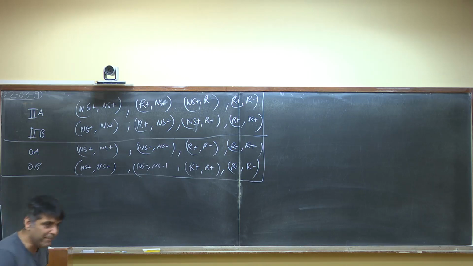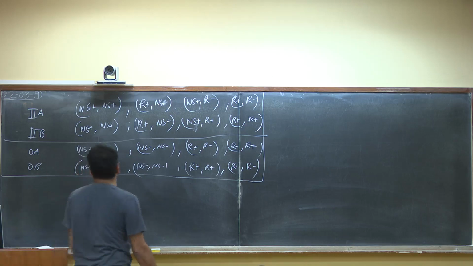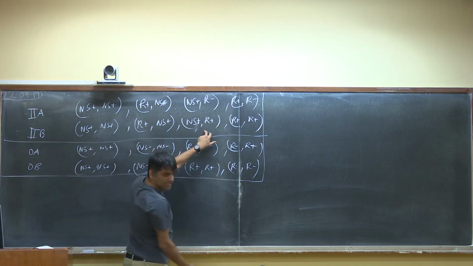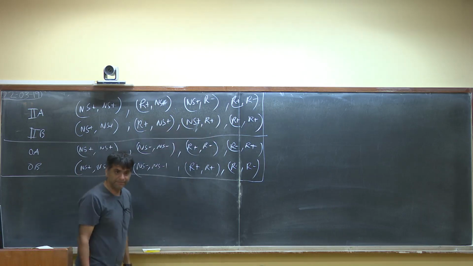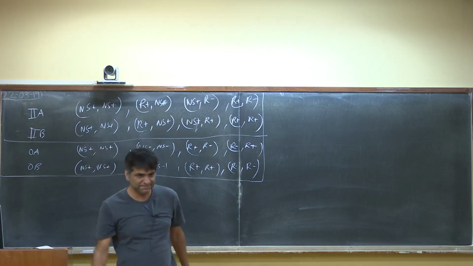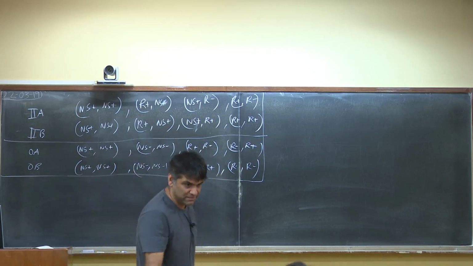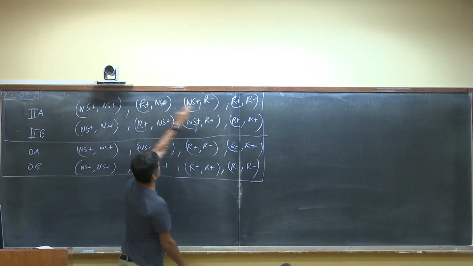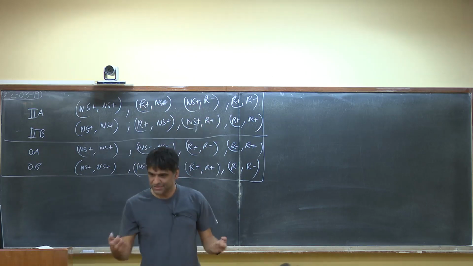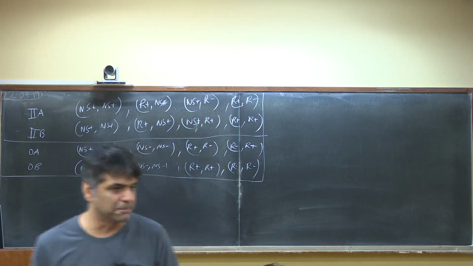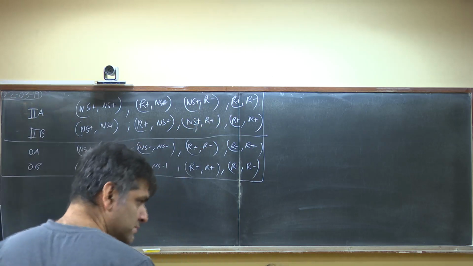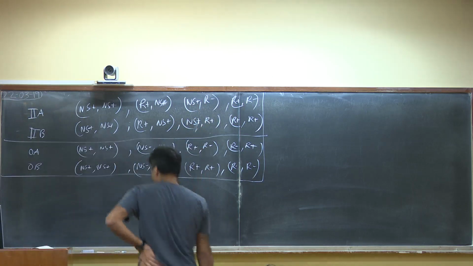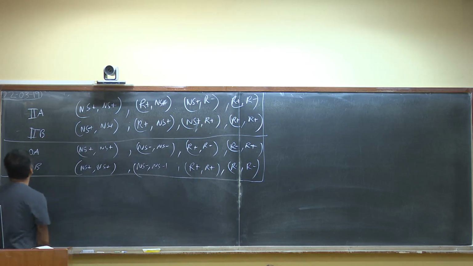Okay. Let's see. In this and this, we will get two sets of fermions which are basically the same, both of which have the same chirality. Here you get an R plus and an R minus. So there's no chirality in the top spectrum, but there's chirality in the bottom one. Okay, fine.